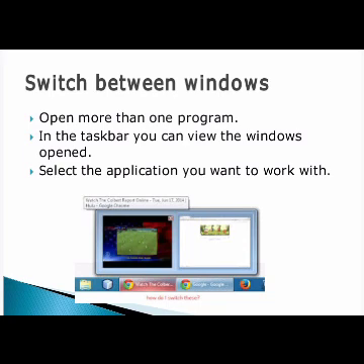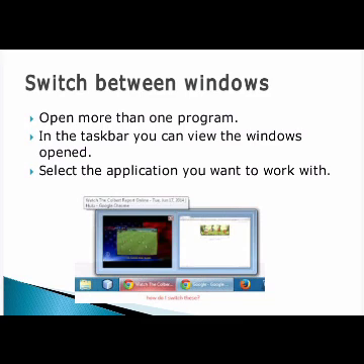At last, the third topic, switch between windows. For example, you can open more than one program. If you want Paint, you can open it. You want Games, you can open it. You want to open Gallery, you can open it. Right? After opening, if you want Microsoft Word, you can open it. So after opening, down in the taskbar, can you see multiple windows are open? It will be showing in a small rectangle. Right? So in that, whichever application you want, you can click that application.